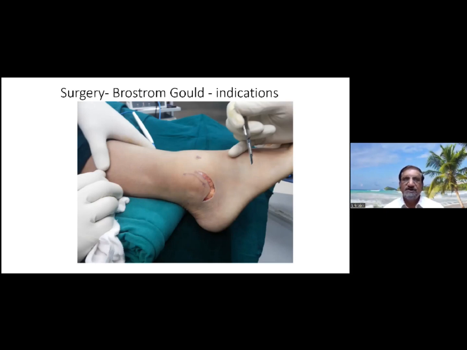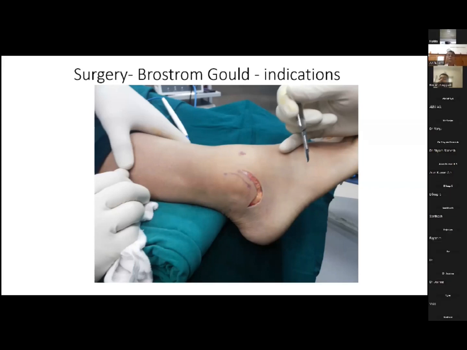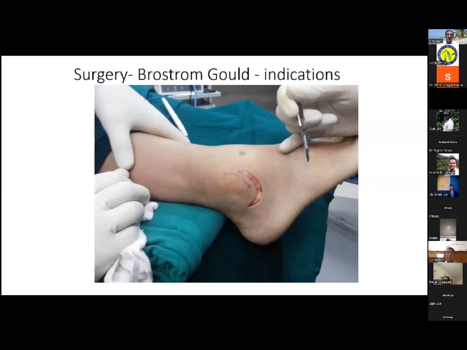So the most common surgery that we perform is an open procedure such as the Brostrom. The incision for which I have drawn out over here is a semilunar shaped incision extending just in front of the lateral malleolus and going back up to the peroneal tendons over here. So by this, we are protecting both the superficial peroneal nerve, which is running along the fourth metatarsal, and the sural nerve, which is running midway between the lateral malleolus and the fibula over here. So none of the nerves are getting injured.